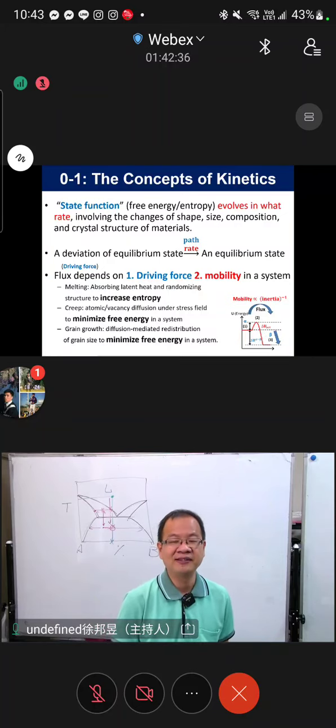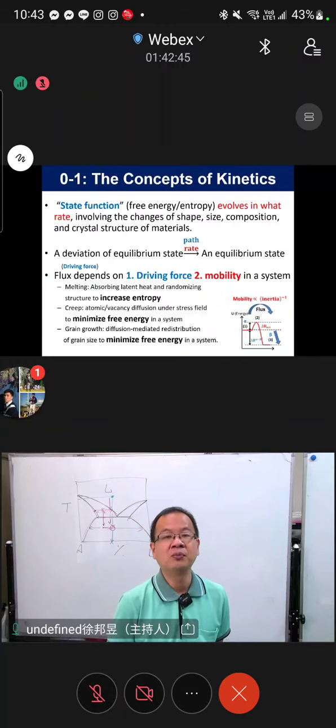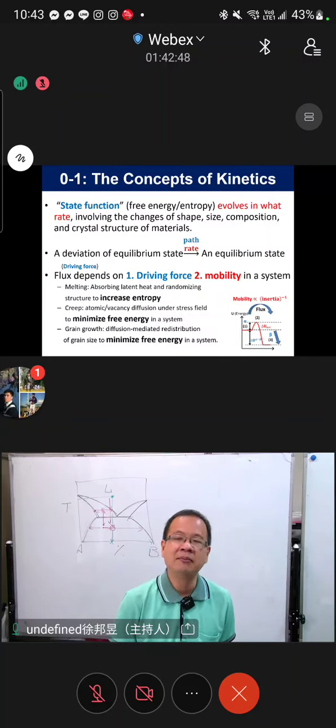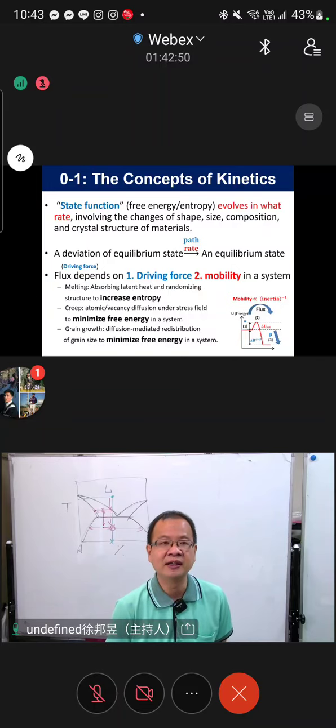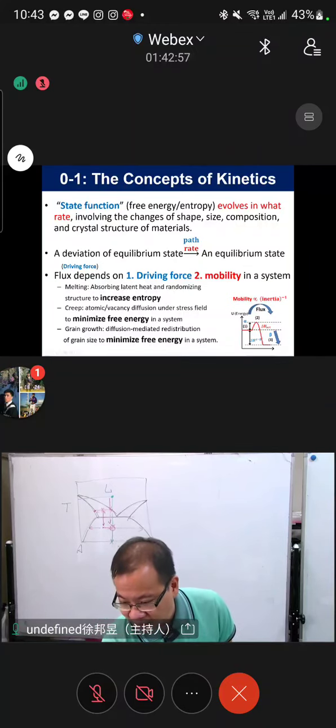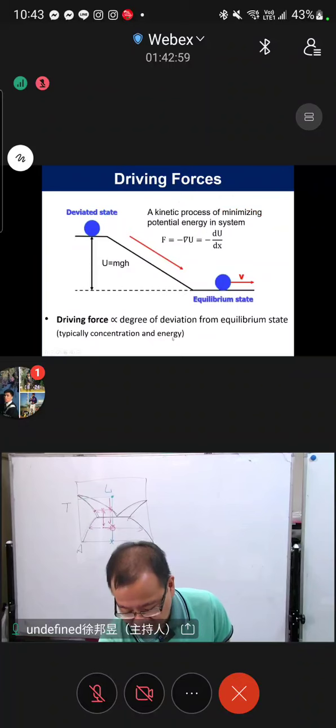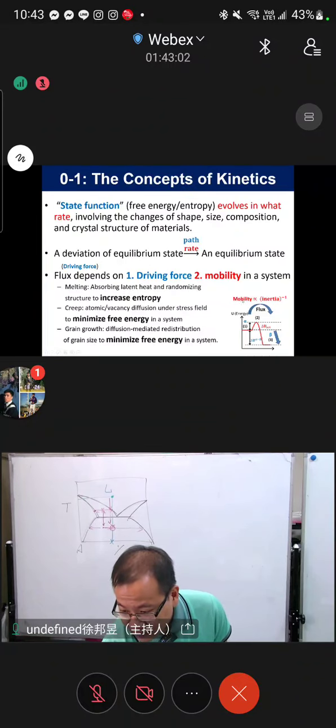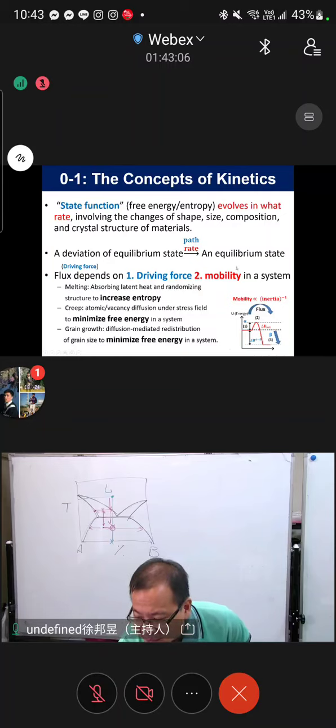Because I will ask you to calculate fluxes. And the flux is a combination of your delta U activation and delta U alpha to beta. So you need to know both, right? That's the combined concept of kinetics and thermodynamics. That means you need to consider the driving force, the driving force in the center of the slide, and the mobility in the system, how they diffuse,